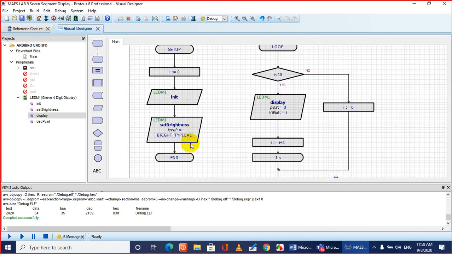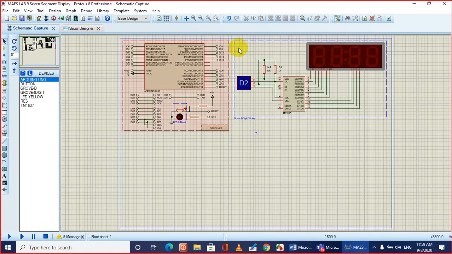You can use Proteus to design a system, and you can easily display different characters, different symbols. Because if your project is a bigger project and you want to display lots of information, it will be a tedious job in conventional programming, because you want to display different characters in different ways.